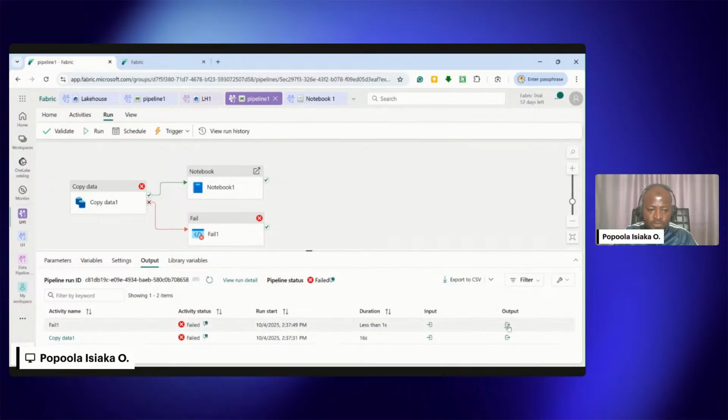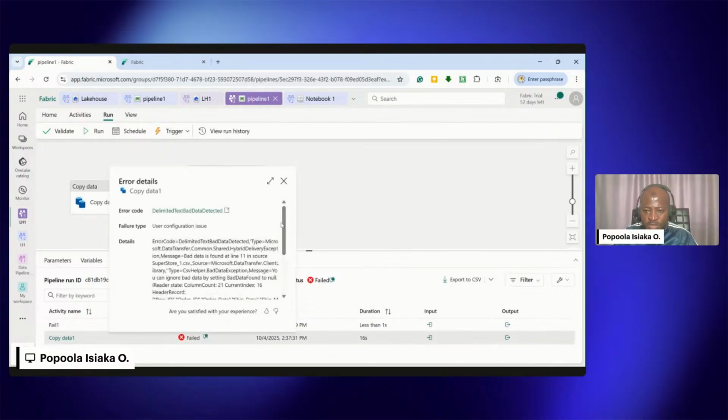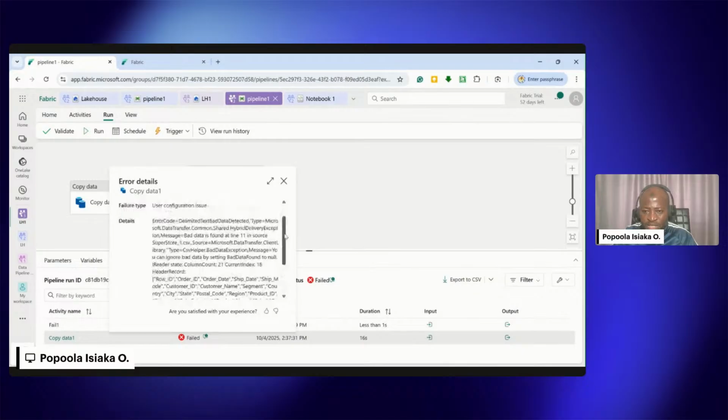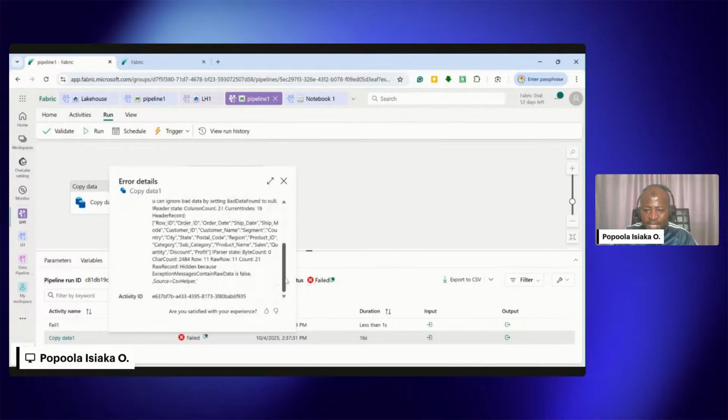Now, let us check this output on failure. Can you see the message, data ingestion failed, which was what we composed the other time? Error code 404. All right, fine. Now, on copy, we can see why it was not copied. The message is: delimited text, bad data detected. Bad data detected. So which means that there was a challenge with the way the data was